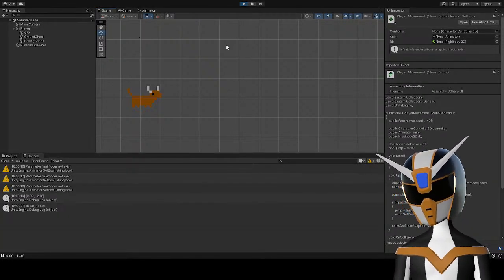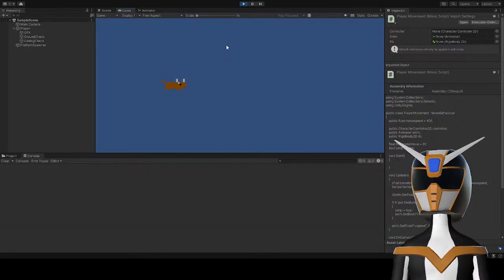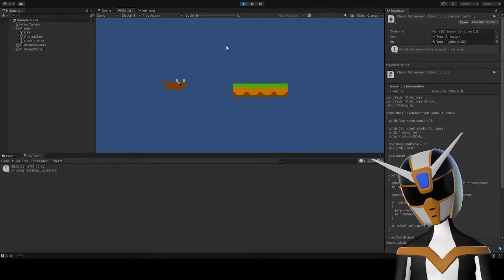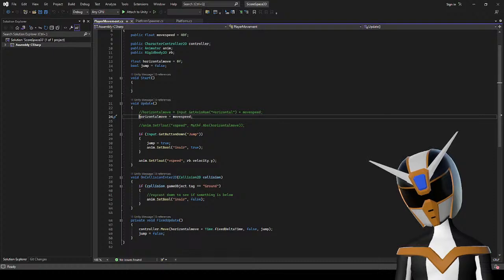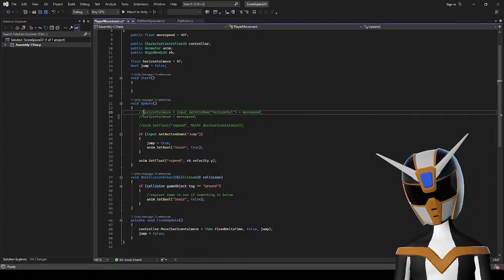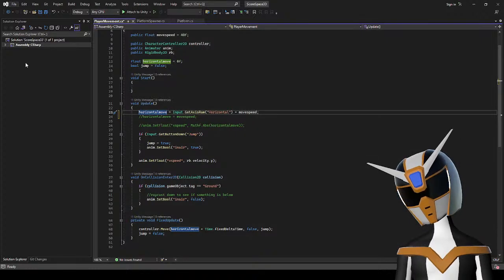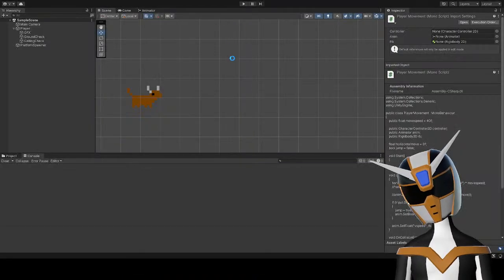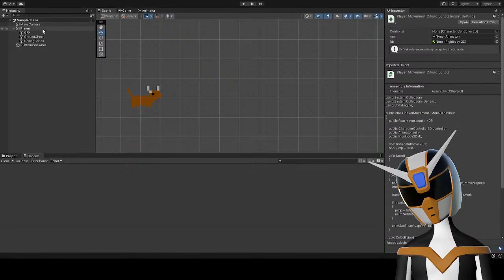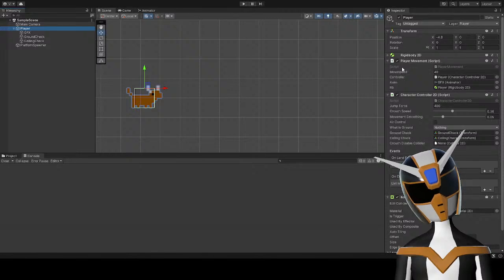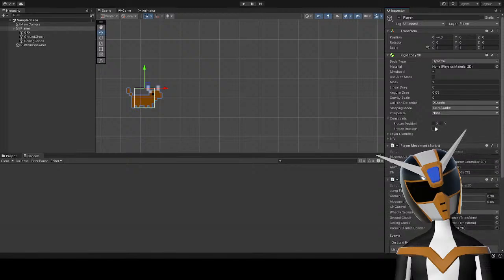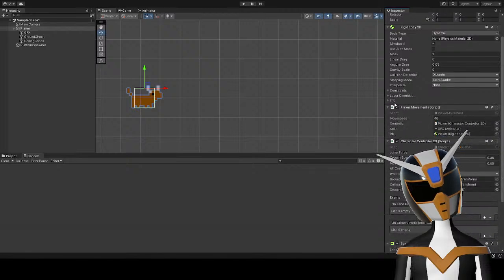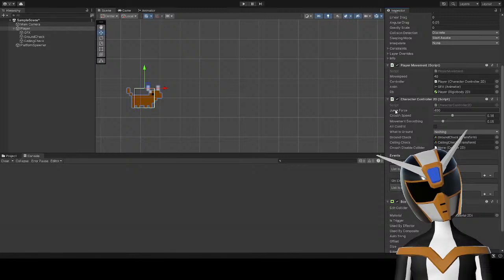Okay, well, let's see if I can jump. What? I can't jump either? What's wrong with this? Hold on, let's put that back in. What am I doing wrong? Is there something that I'm missing? Is there something I'm forgetting about? Let's freeze rotation. There's gotta be something that I didn't do here.